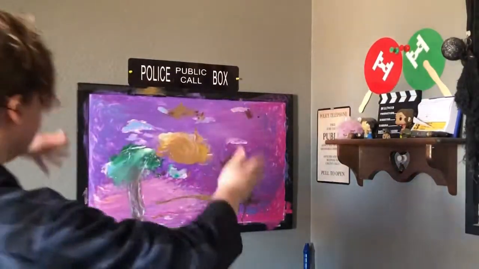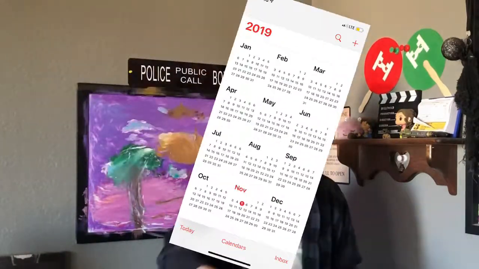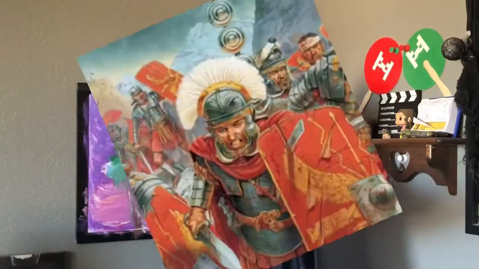7, 8, 9, and 10 are not 7, 8, 9, and 10 if you look at our modern day Gregorian calendar, and that is because of the Romans. Now, what the Romans used to do is,